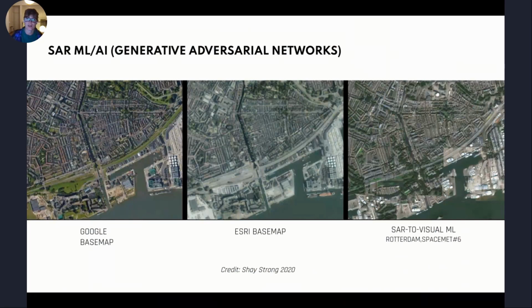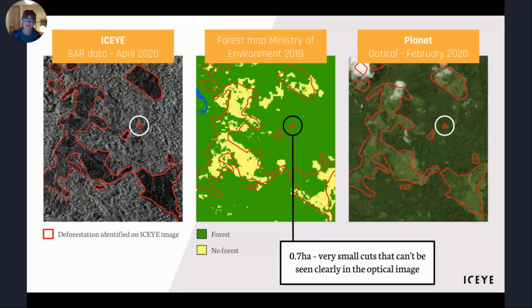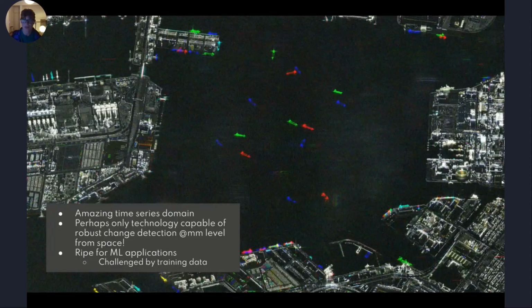Another cool application is just, yeah. Shay, sorry, just to let you know, we have a couple minutes left if you want to leave any time for questions. Absolutely. So just one more minute to close out. There are some cool things where SAR has been used to try to make it look like visual imagery, using generative adversarial networks, and then mapping things like forest vegetation and deforestation. This is just my last slide. Again, another pretty one that shows vessels moving in different ways. I'll just end there to make sure that I have an opportunity to hear any questions.